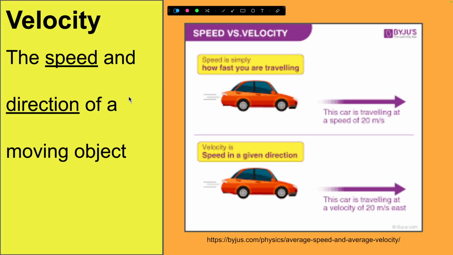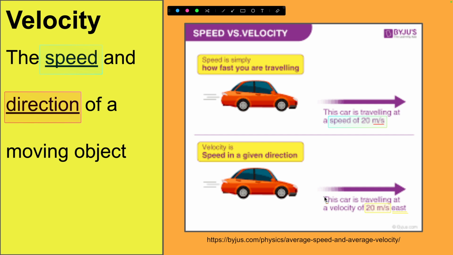Velocity is our next term, and velocity simply means the speed and direction of a moving object. For instance, if you take a look at this car over here, you can see that it has a speed of 20 meters per second. And we typically write or talk about miles per hour of cars, but in science we measure meters per second. That's common. That's speed. But if you want to know velocity, it's 20 meters per second that the car is traveling, and then they add a direction, east. That's a big deal. That direction with it changes everything. So now we know what direction it's going.